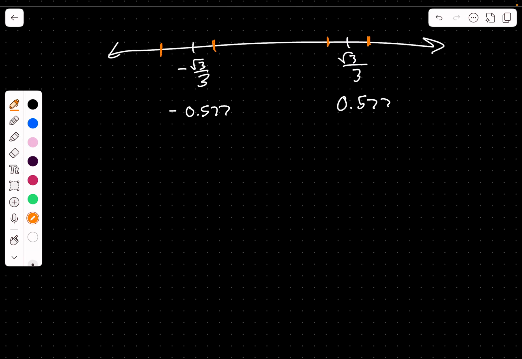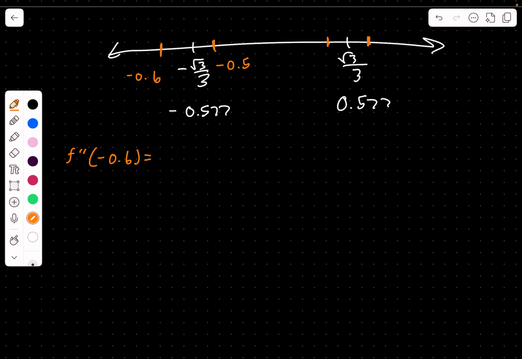Let's pick these numbers. Okay, the best option for this negative number would be a negative 0.6, and then on the other side it would probably be a negative 0.5 would work best. So let's do our negative real quick. Remember, we're plugging these two values into our second derivative because it's called the second derivative test. We get f double prime of negative 0.6